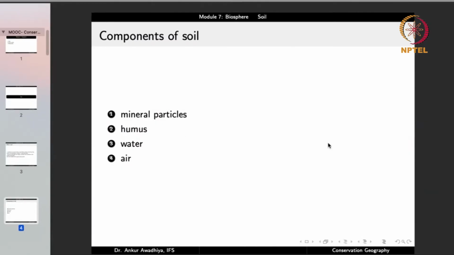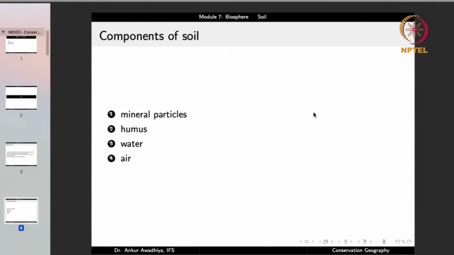Second, we have humus. Humus is the organic material. So when we have plants, when we have animals, then their excreta or their dead portions, after getting decomposed, become humus. It is rich in carbon and it provides a large number of chemical properties to the soil. It provides a large number of physical properties to the soil. It binds the soil together. It ensures that the acidity or the alkalinity of the soil does not vary too much. It acts as a buffering agent. So this is the second fraction.